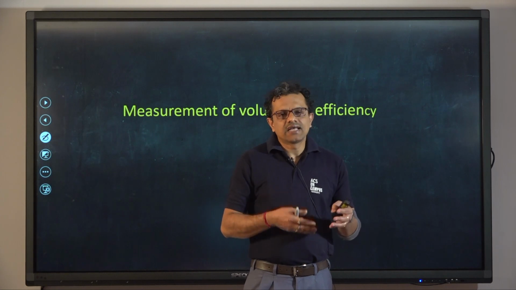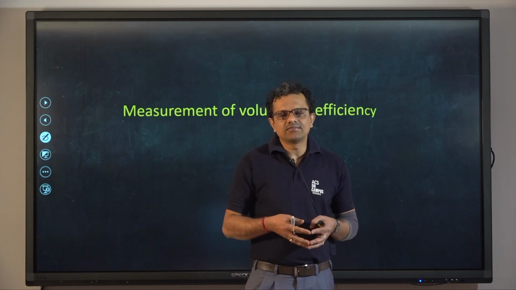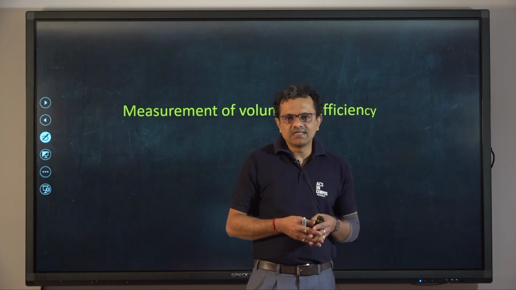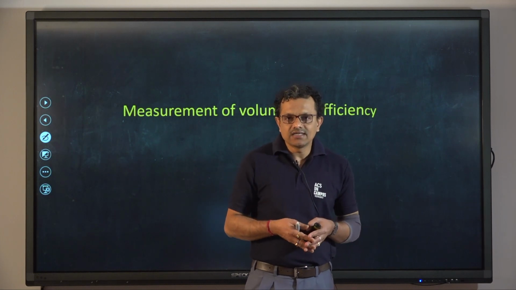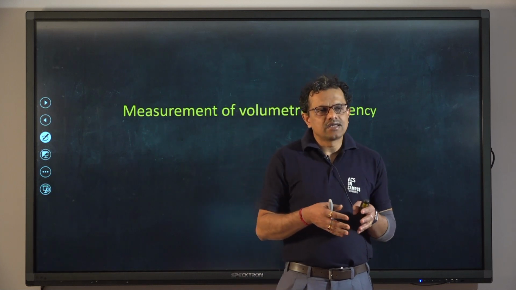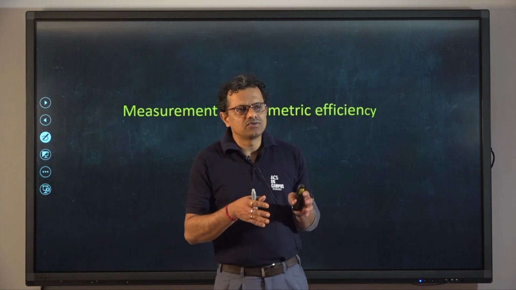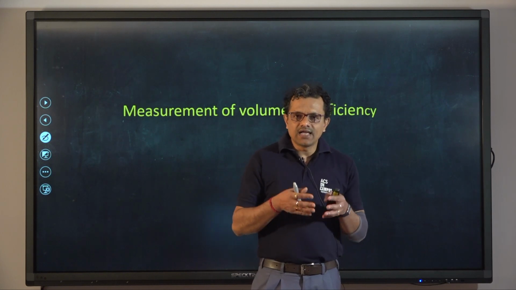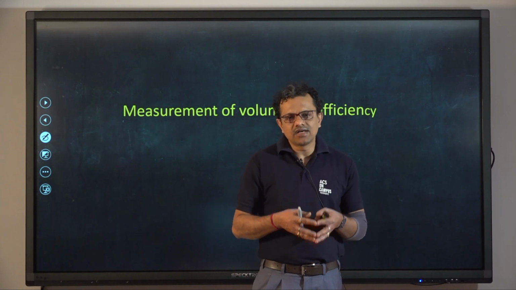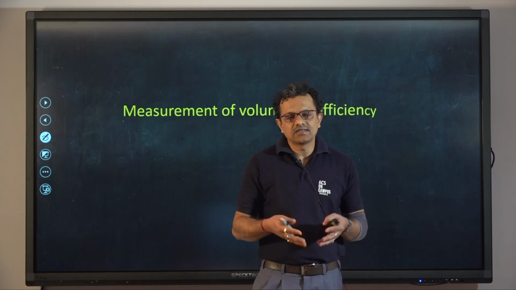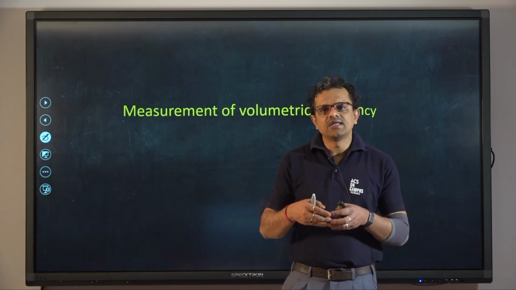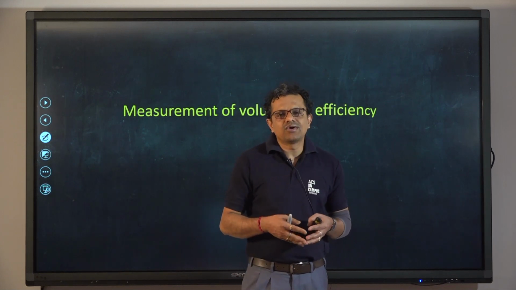But we can certainly calculate theoretically the mass flow rate of air to be supplied to the engine based on the displacement volume of the cylinder or cylinder design, rather number of cylinders, certainly speed, and also ambient air temperature and pressure, etc. But though we can theoretically calculate the mass of air to be drawn into the cylinder per cycle, the actual amount of air which will be drawn into the cylinder will always be less than